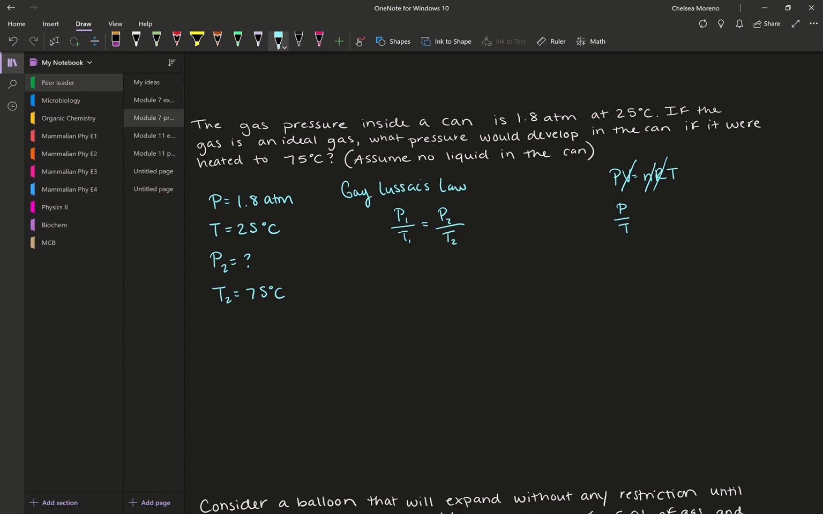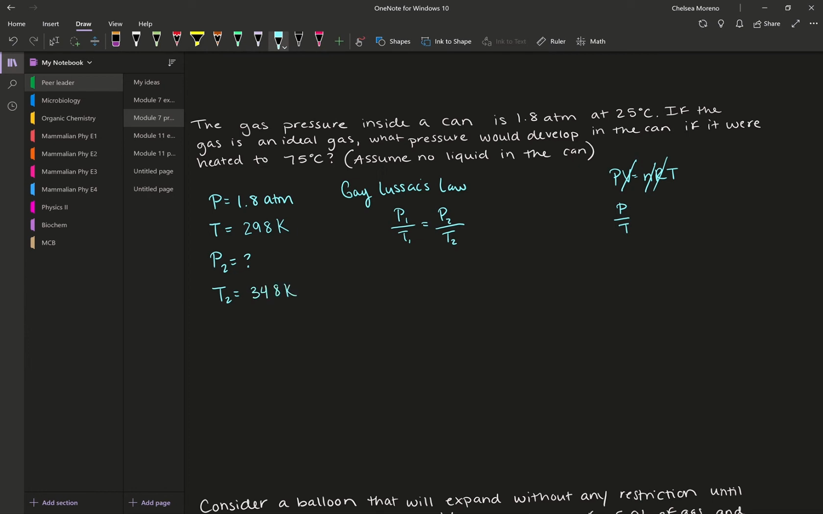So again, let's start plugging in, but let's also realize that we need to convert our temperature values, right? They're in Celsius and we need Kelvin. So 25 degrees Celsius, that's room temperature, so we know that this one's 298 Kelvin. And then 75 degrees Celsius is going to be 348